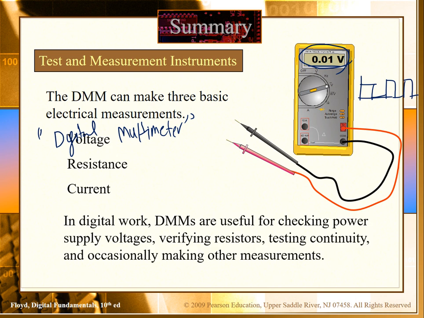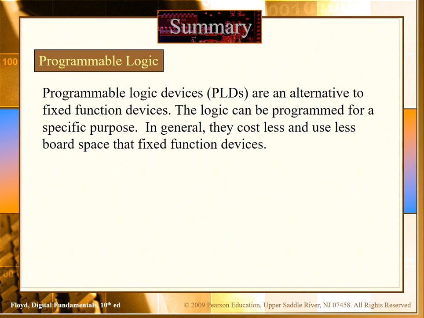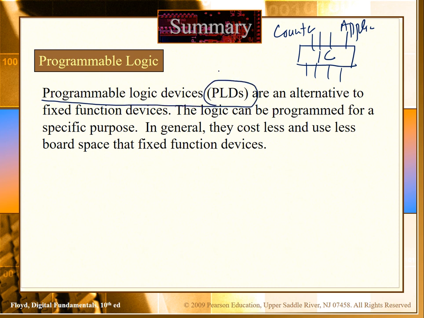So we can implement the logic design. There could be a fixed logic design. For example, you have implemented the counting logic. You have got one IC, and this IC can be used just for the counter application only. There is another type of logic which is called programmable logic. We call them programmable logic devices, or PLDs. So you have implemented one IC of the counter, and this IC can be used only for counting applications.